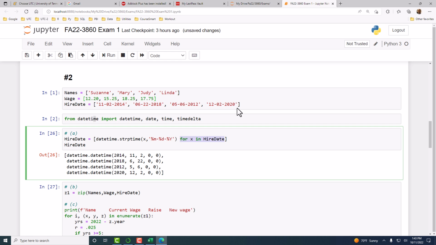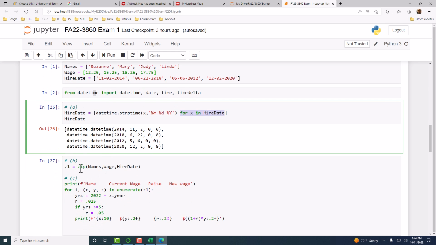So you use strptime, parse time, and then use the appropriate code. That will change the hire date to, the objects of the hire date now will be datetime objects. Okay, so that's A, and then in B you zip all the 3 together and you iterate